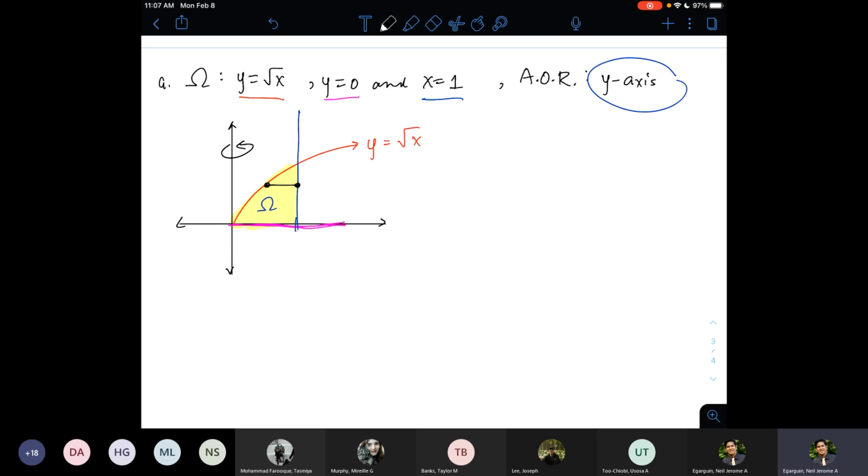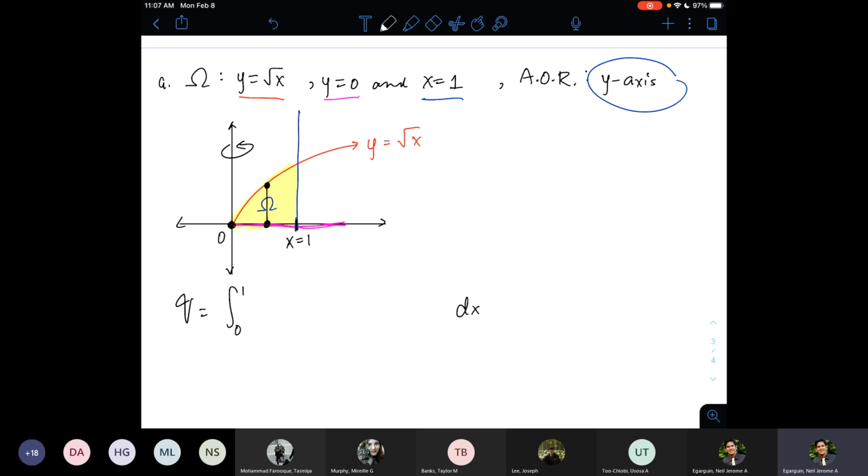Perhaps for this particular problem, I'll prefer vertical strips, just because the functions are given in terms of x, so I'll take advantage of that. So the volume now, I want to set it up using the variable x. So I need the bounds for x. X started here at x equals 0 and ended up here at x equals 1, right? So the bounds would be from 0 to 1.